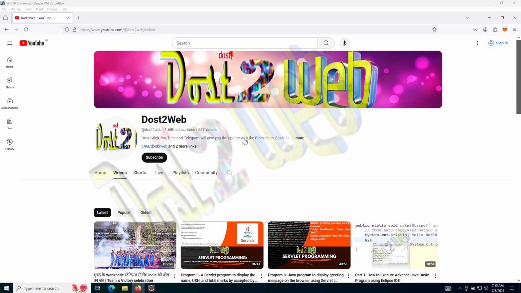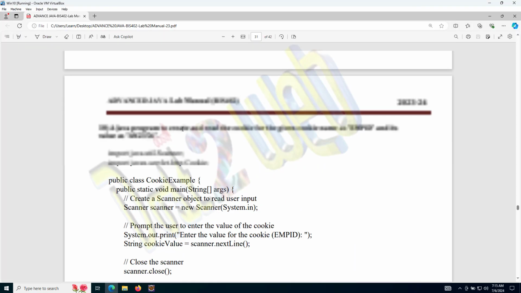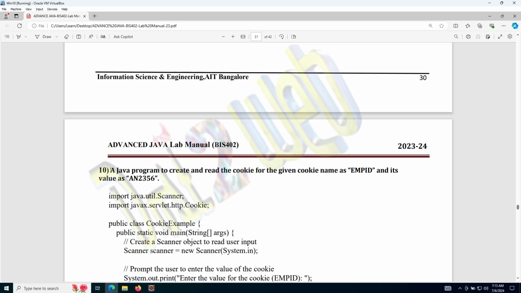So what we are going to do here is program number 10, a Java program to create and read cookies. You have to give the cookie name, like EMPID, and the value should be whatever number the question has given in the syllabus. You can do this program in two different ways, because cookies are just